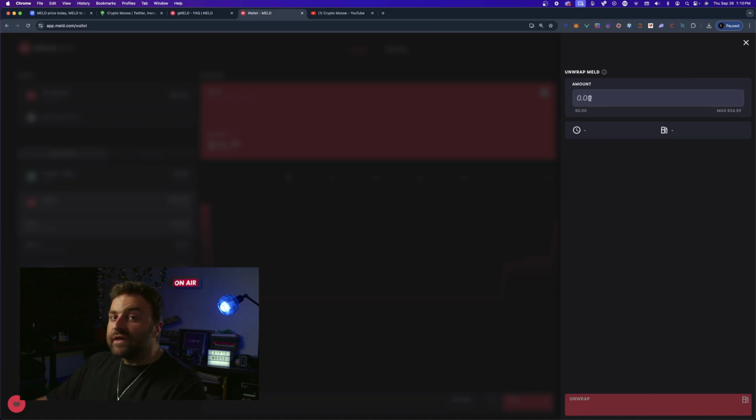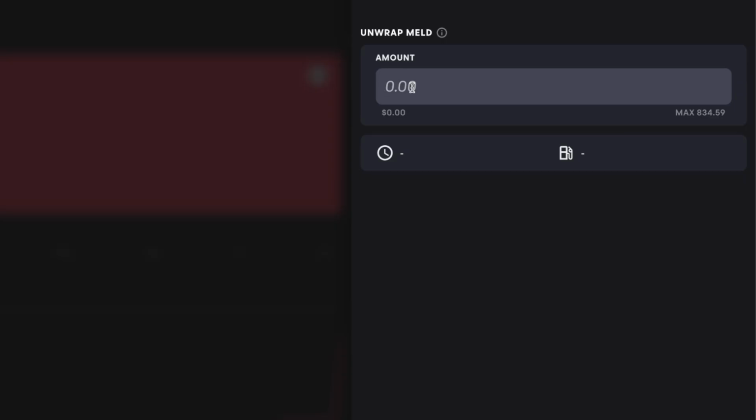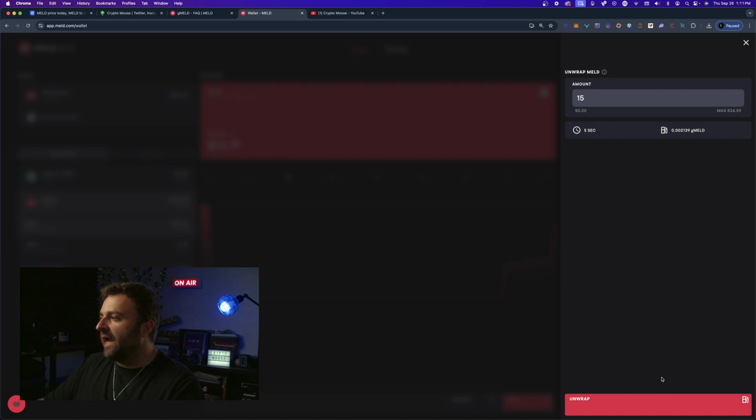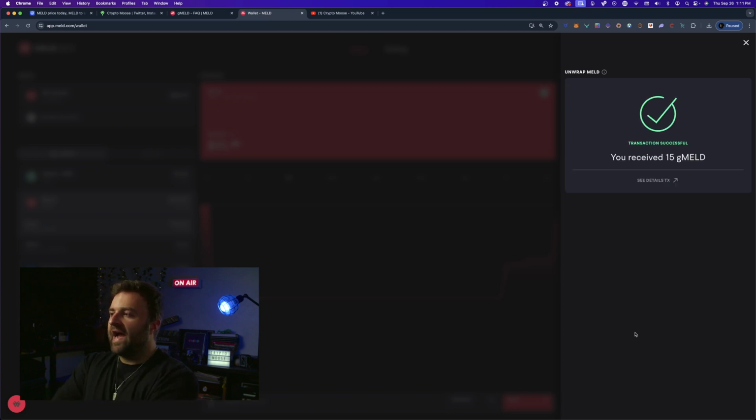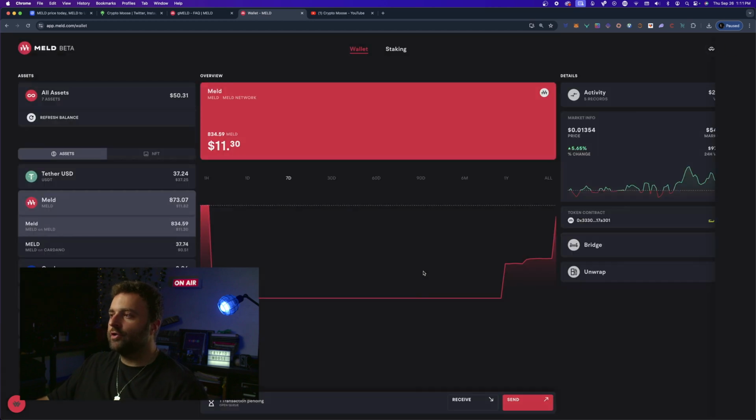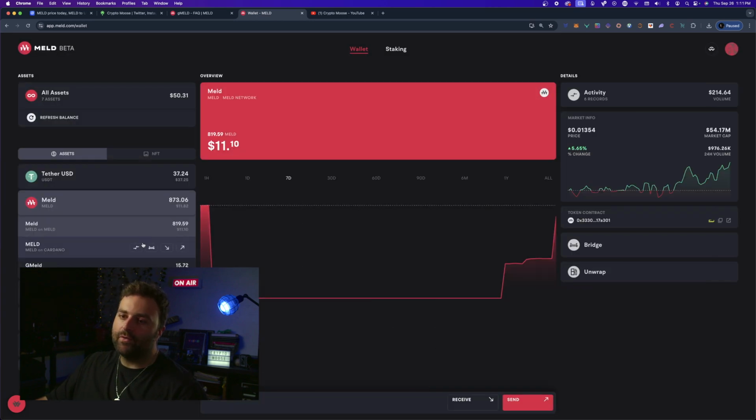So now we have 0 gMELD. So if you want gMELD, you need to have Meld on Meld. And then you need to do, for example, let's say 10 gMELD. 14 cents, which is actually a lot. So we'll do maybe, let's do a little bit more. Let's do 15 ADA. So there we go, Unwrap. And this shouldn't take too long. So as we unwrap Meld, we acquire gMELD. So now in our wallet, we will see gMELD. So we now have 15.75